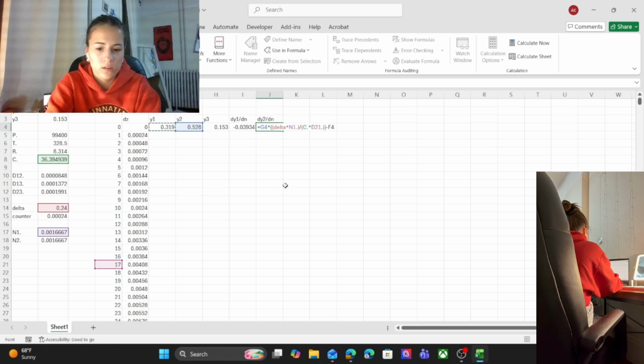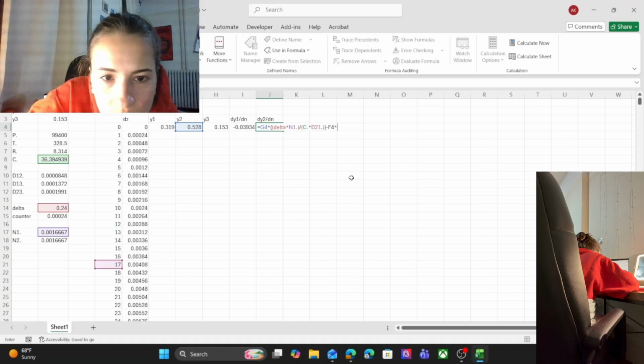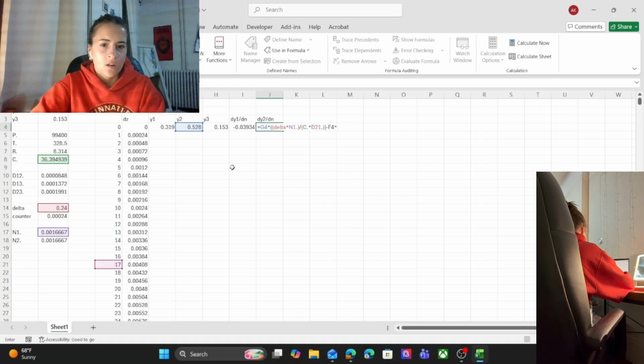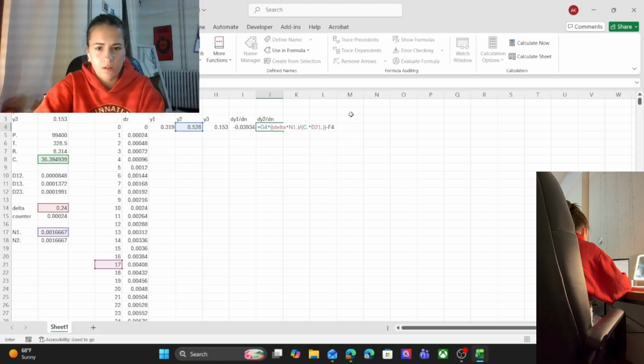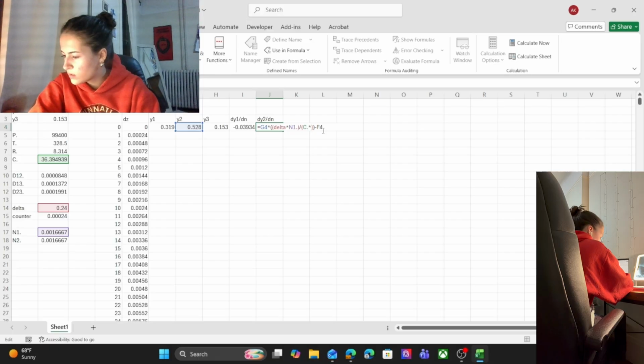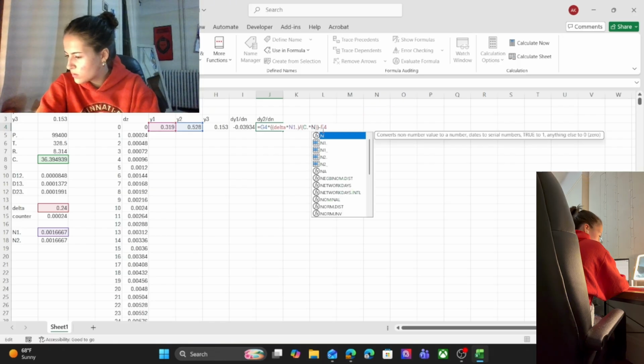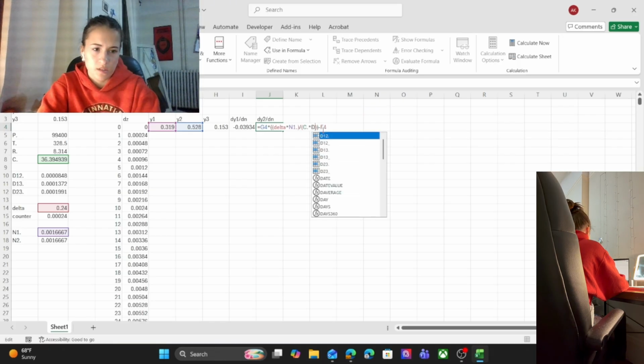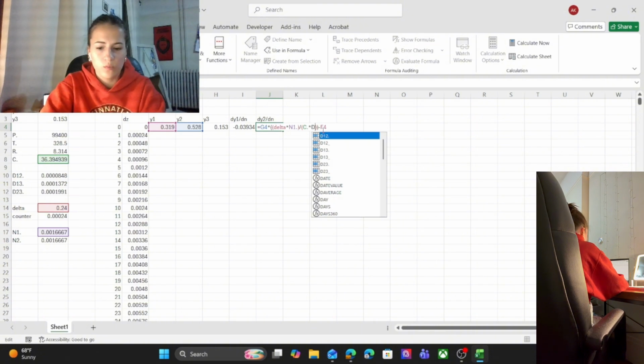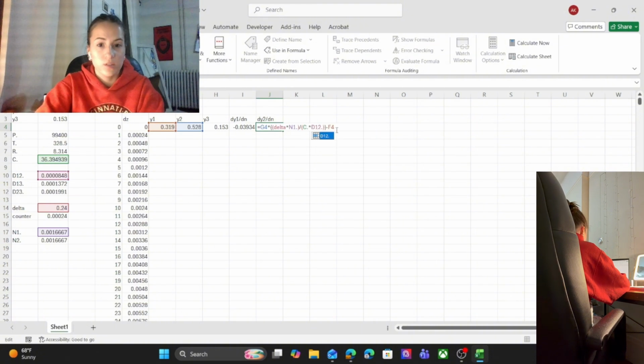y1 times, did I accidentally, oh no, I'm okay. Why is this down here? What? Oh, I don't know why this is down here. This is supposed to be times N2. No, sorry. This is times D21, which is the same as D12. Sorry. And then, in the numerator here,